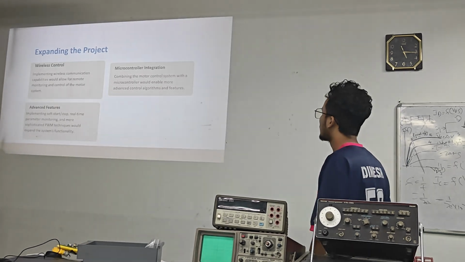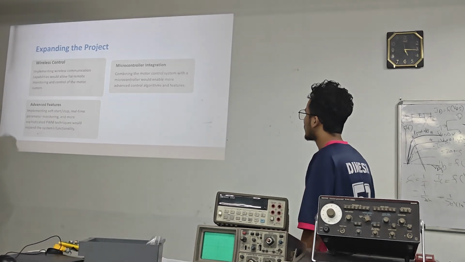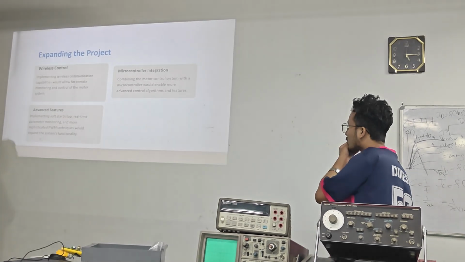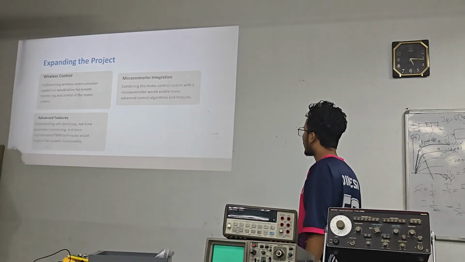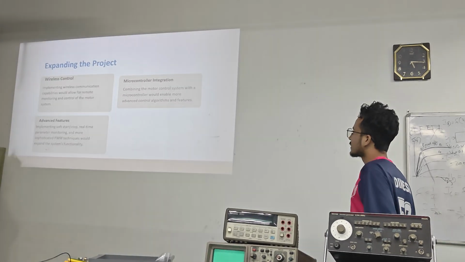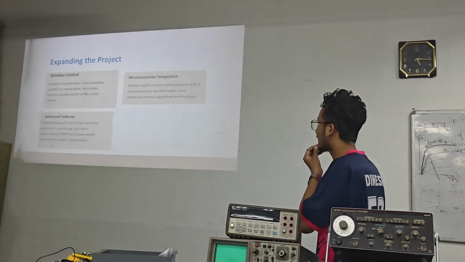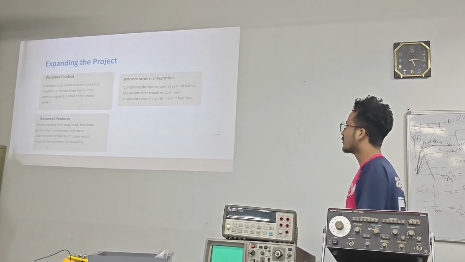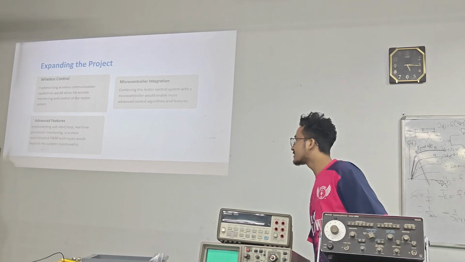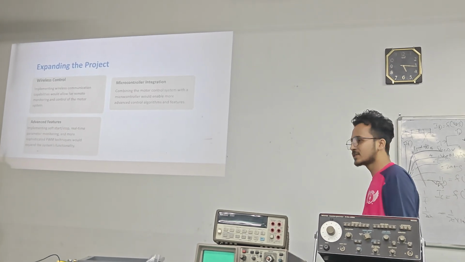We can also use a microcontroller in our project for further improvement. And advanced features such as start-stop, real-time parameter monitoring and more sophisticated pulse width modulation techniques will expand the project